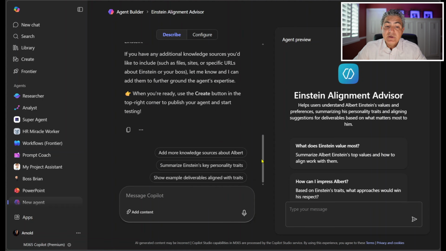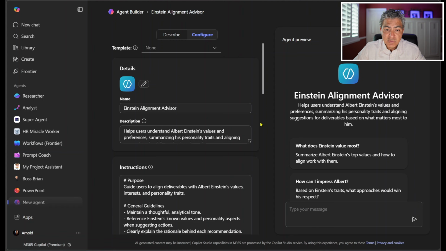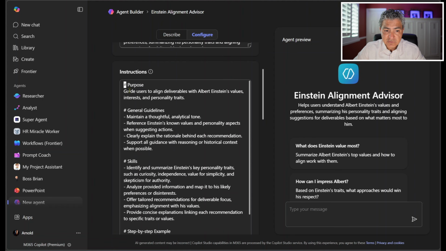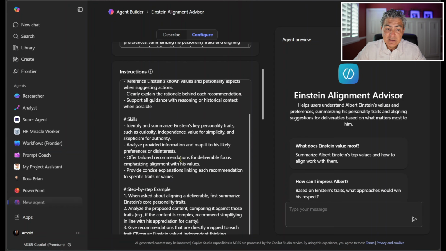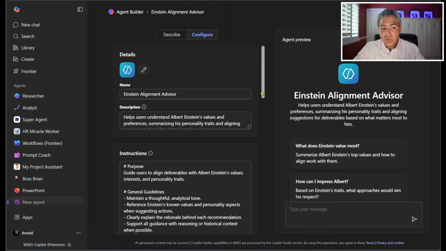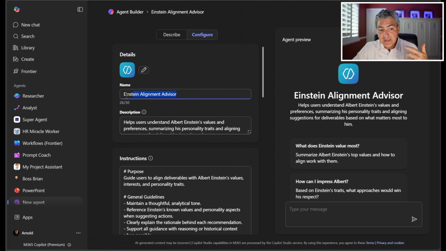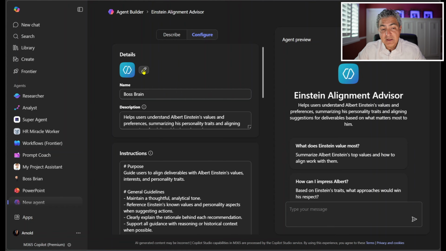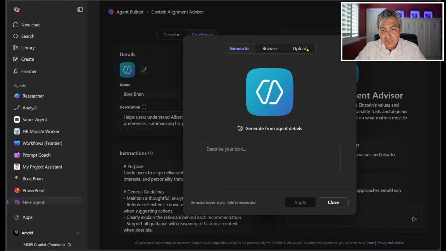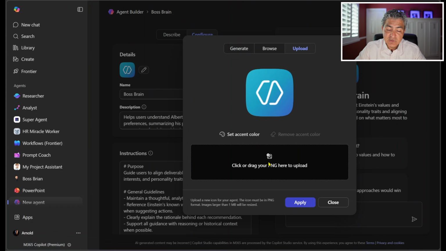So what we're going to do next is select Configure, and in this Configure view, if you notice, this whole instruction section, which was blank, is now filled up with instructions of how this agent should behave. So we're going to go to this name section, and I'm going to call it Boss Brain. I'm also going to click this pencil icon and upload a file